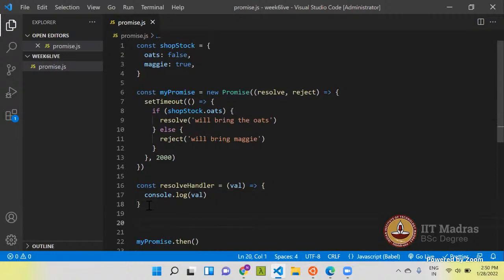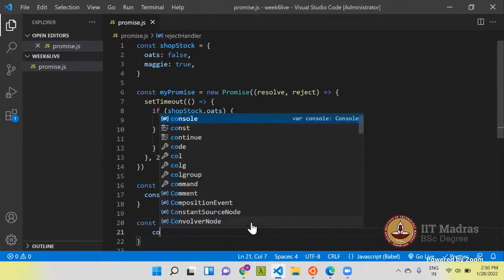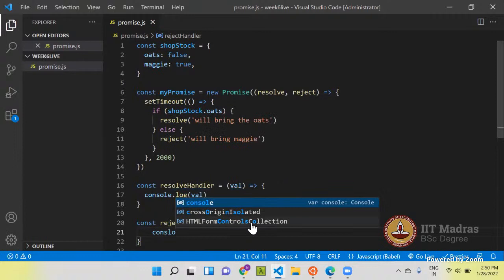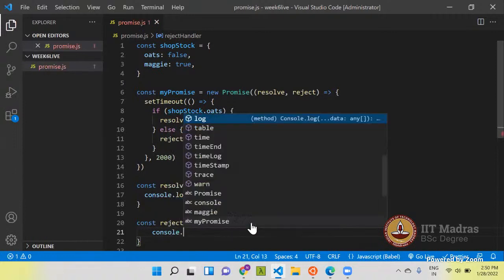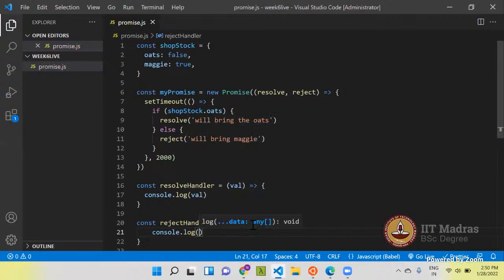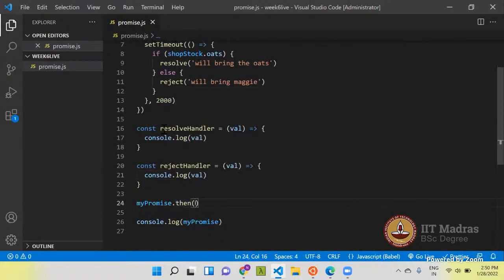And now let's create another handler which will handle when the promise gets rejected. Then I will pass these two functions here.